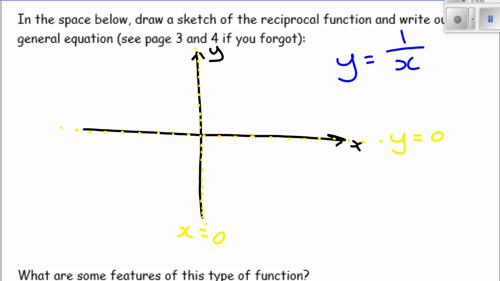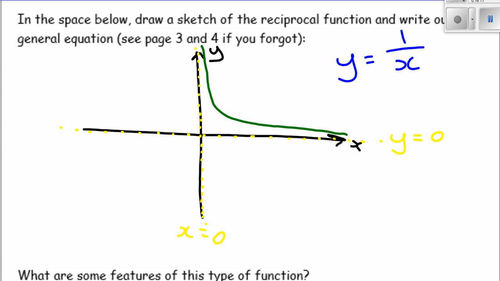And then mine too. See this line, it's getting closer and closer to 0, and then it kind of bends around. And then this one gets closer and closer to 0 and sort of bends around too. So as x gets bigger and bigger, the y value is going to get closer and closer